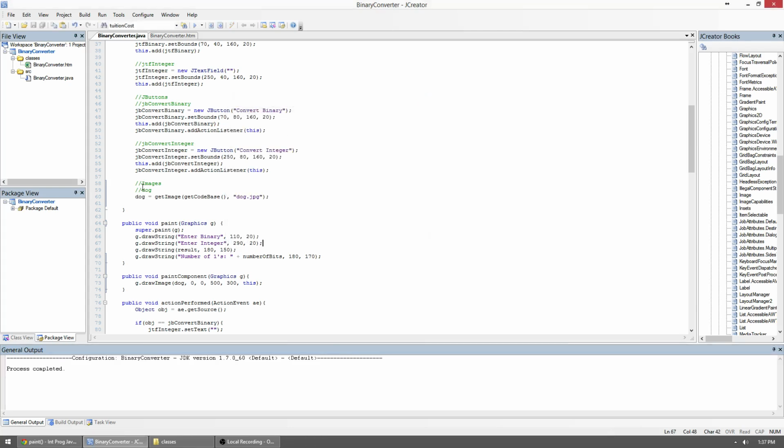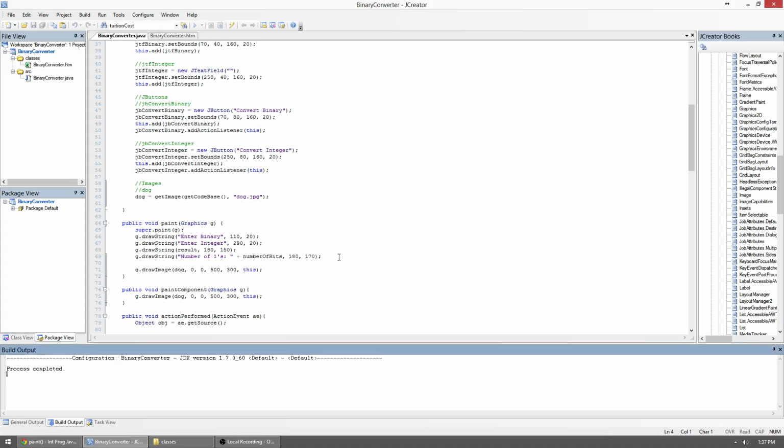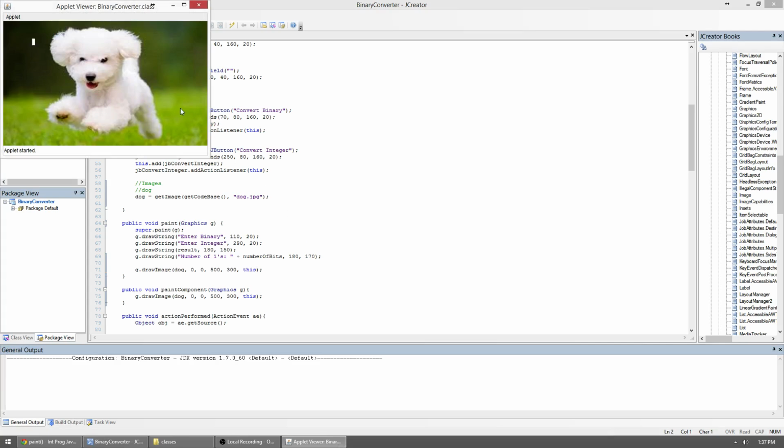As you can see, I have a new image here. It's a dog. So inside of here in my paint, I'm just going to do g.drawImage and then dog. We'll put it at 0, 0. We'll make it the width of my app, the height of my app, and this. And we'll run it. As you can see, the image kind of covers up everything until I mouse over it,